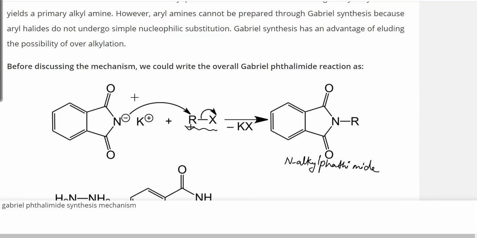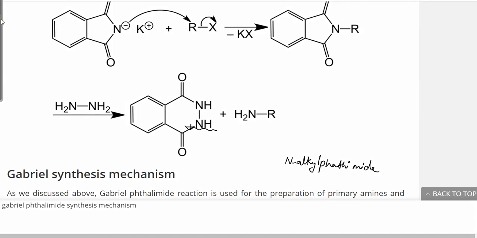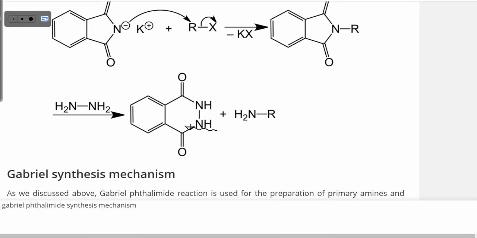Then further, this N-alkyl phthalimide is reacted with the hydrazine. Okay, this is one method that we are reacting the phthalimide with the hydrazine to produce the phthalhydrazide and primary amine here. Okay, so this is phthalhydrazide which is produced with the primary amine here. Okay, so now